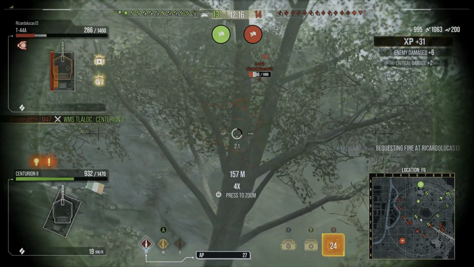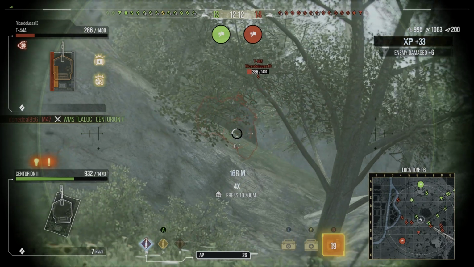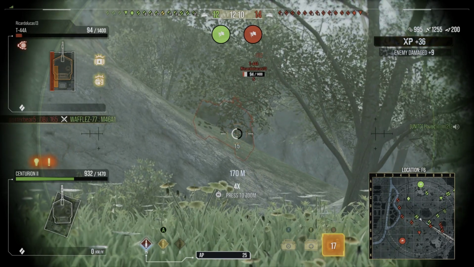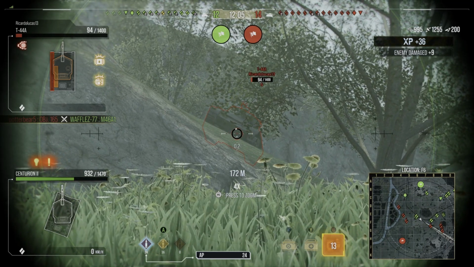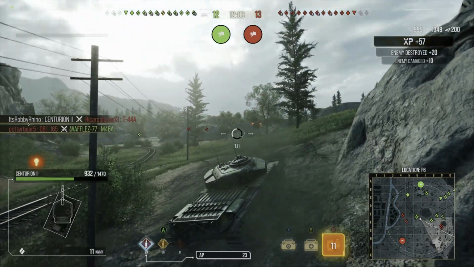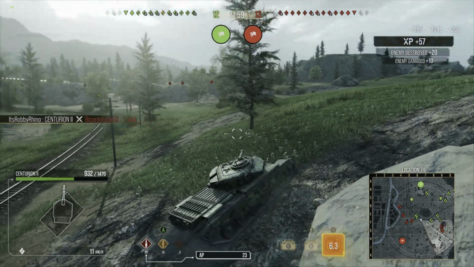Going for the tracks there and just pumping round after round while he is in front of my whole team, just sat on that ridge line. He's got a damaged turret, and yeah, it's just going to take one more shot to finish him off. So of course I bounce it, but eventually we do get the next shell in to finish that T-44A off,